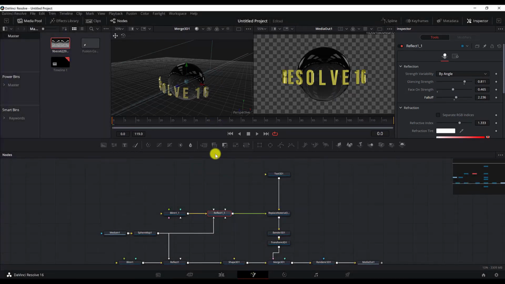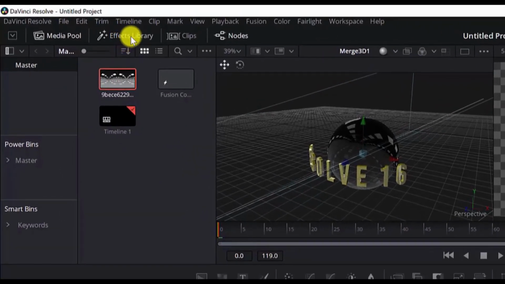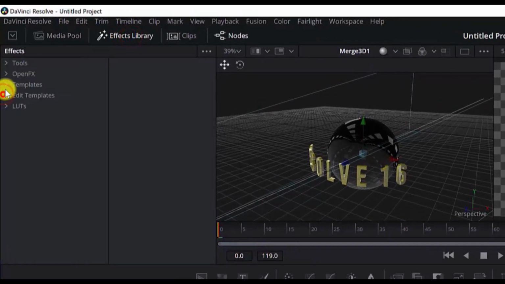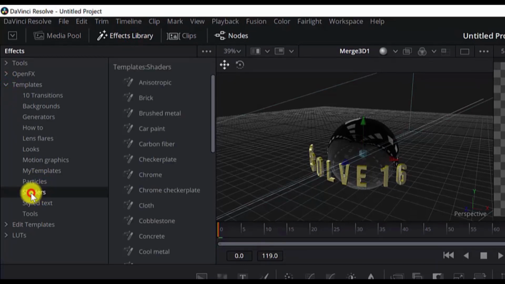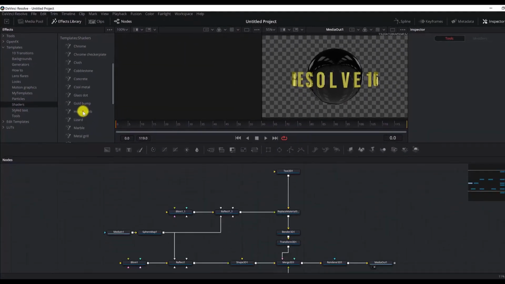Next thing I would like to show you guys is if you want to add two materials to some 3D objects, we will add an additional material to the 3D text here. To be able to combine two materials, we will need to add the merge material 3D node. But first of all, let me show you how to add some pre-made or some free materials or shaders in DaVinci Resolve. If we go to the effects library, then we go to the templates, go to shaders,